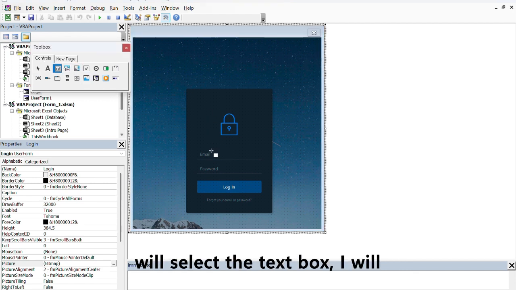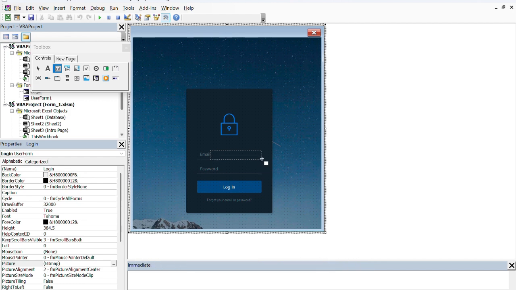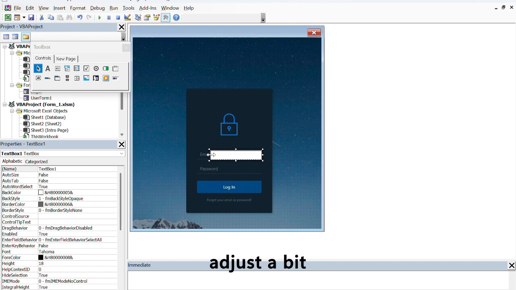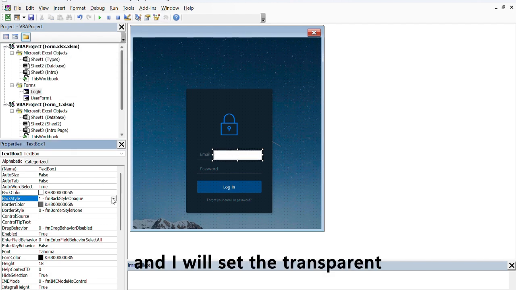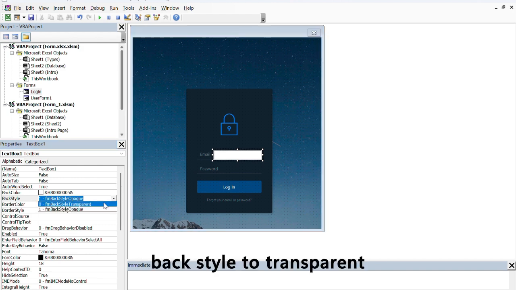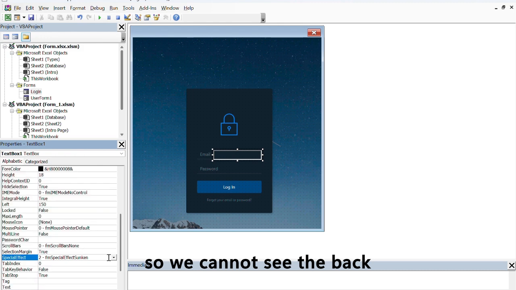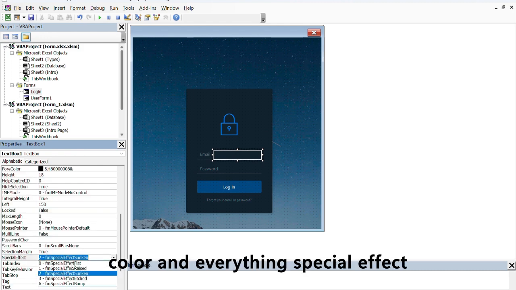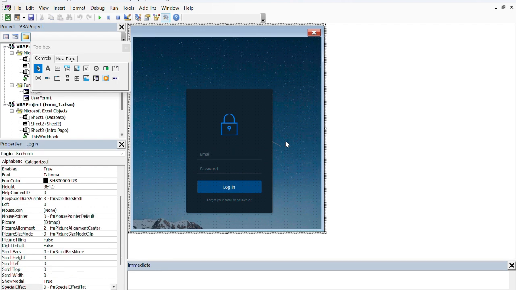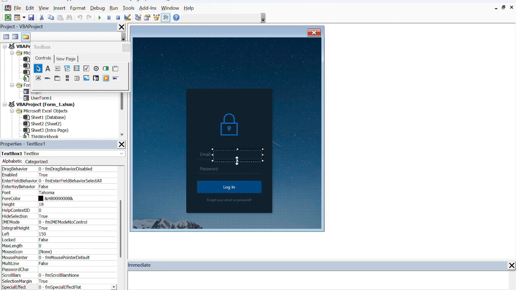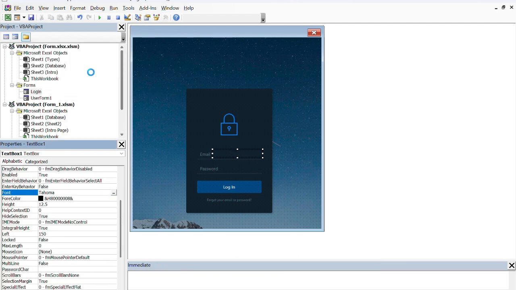So what I'll do is I'll select the text box, I'll just add it here, adjust a bit, and I'll set the back style to transparent, so we cannot see the back color and everything. Special effect to flat, and I'll also change the font,